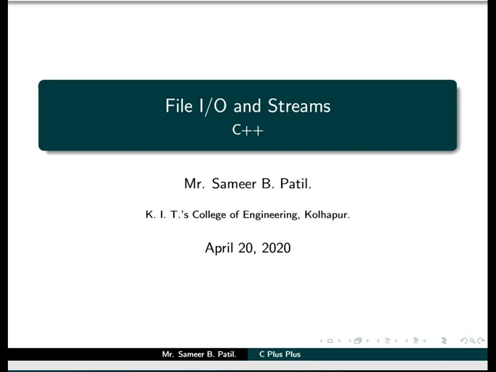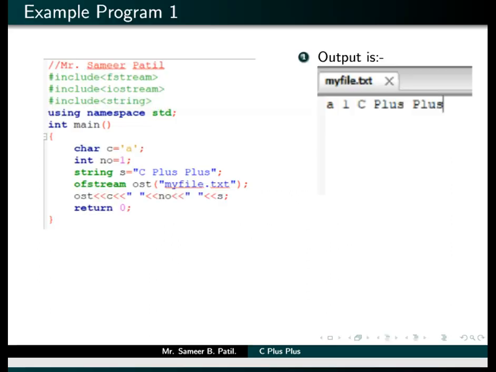In the previous video, we have seen what is the meaning of a stream and how to read a data from a file. In this video, we are going to continue with our discussion. This is the program that we have seen in the last video. We have even executed this program in the code blocks. We are going to refer to this file called myfile.txt while understanding how to read the data from a file.